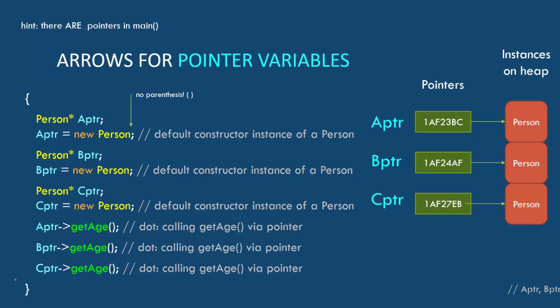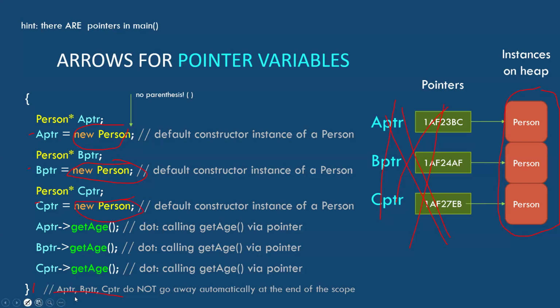And you might note that these things do not go away. So this would be a memory leak if we cared about it. Like if we were in a function and we did this, well, A, B, and C are still floating around in here, even though these guys are going to go away, okay? So when we leave this scope right here, these go away, but these guys stick around and take up memory, okay? And that's a leak, right? So that's a bad thing, right? Just because these guys go away because they were declared here doesn't mean that these guys go away, okay? So that's an important insight as well, okay?